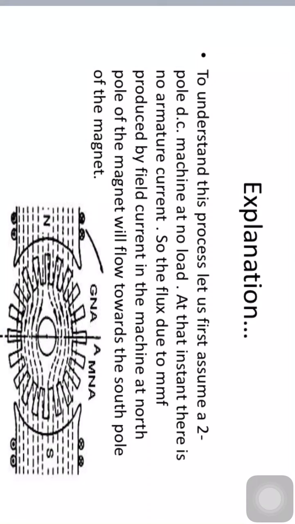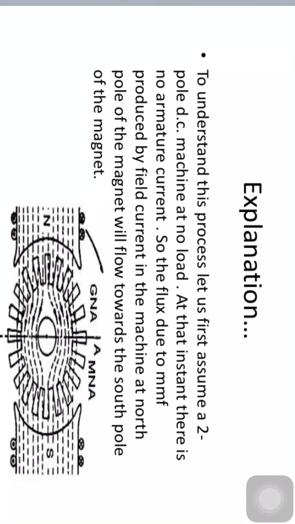That is, when there is no load on the generator, the current in the armature conductors is zero. Under these conditions, only the MMF of the main poles exists, which produces the main flux. The flux is distributed symmetrically with respect to the polar axis, that is the central line of the north and south poles. The magnetic neutral axis or plane is perpendicular to the axis of the flux.